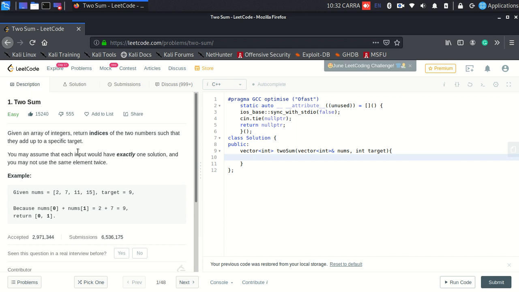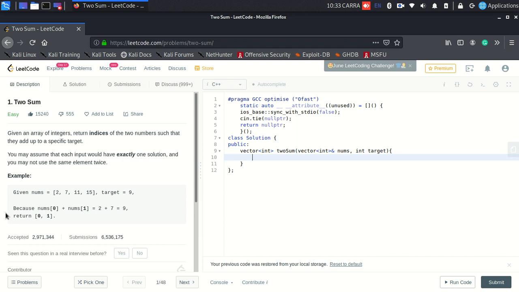And in this video, I would be discussing a problem known as the two-sum problem. Now, this is a very popular problem, and this question has been there in multiple Google interviews, multiple Microsoft interviews, and as you can see, it has around 15,000 likes on LeetCode. So let's get on with the problem.